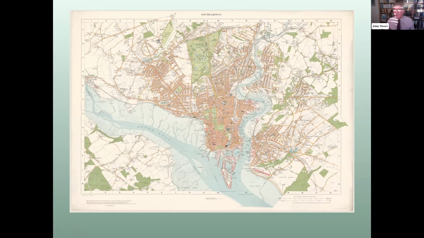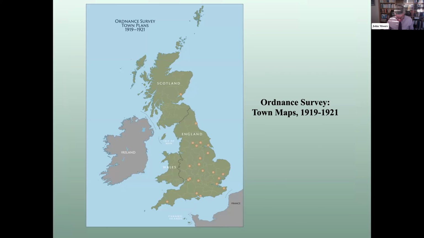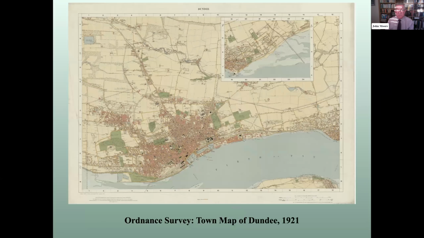Unsurprisingly, Southampton, the home of the Ordnance Survey, was the first town in the series. But when the spread of locations is considered, there seems relatively little logic or rationale behind their choice. For example, there are no plans of anywhere in Lancashire, the southwest, the border counties, or Wales. And Dundee, to bring the Scottish element in again, is the sole Scottish representative.